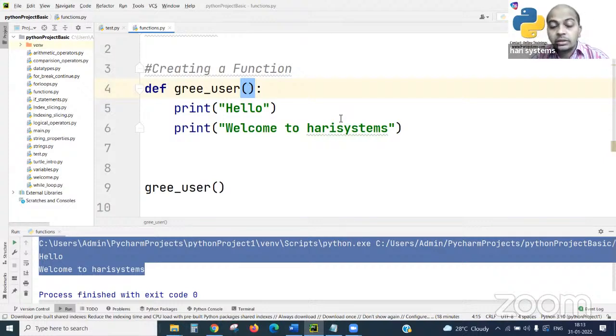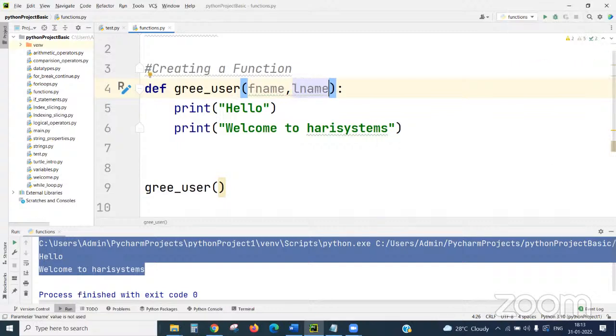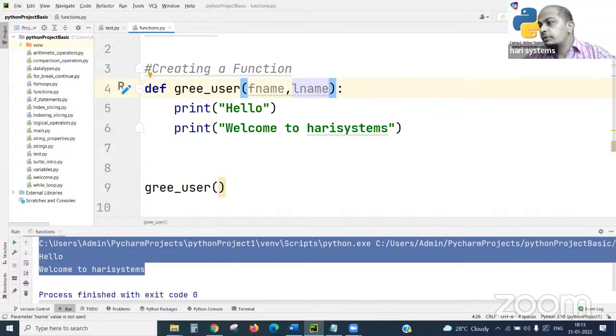One is f name, which I think is first name, and the second one is L name. So the first one is the first parameter, and these two things will be called parameters.